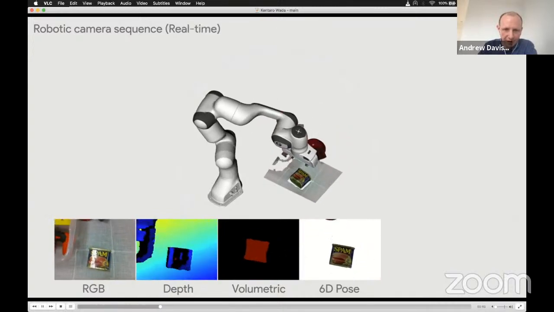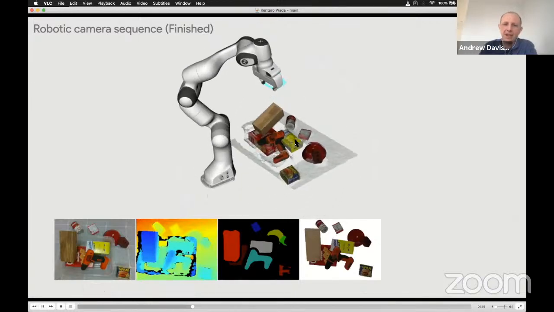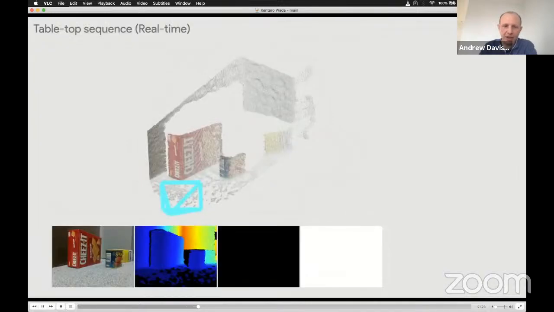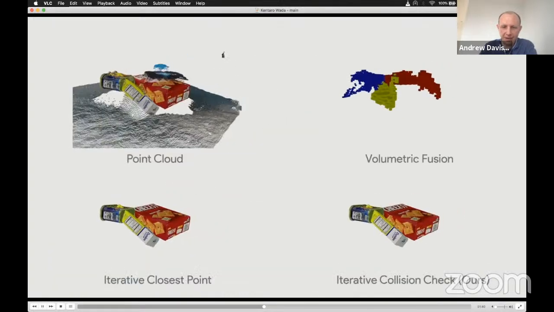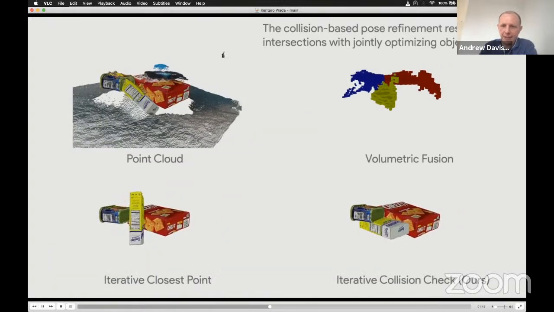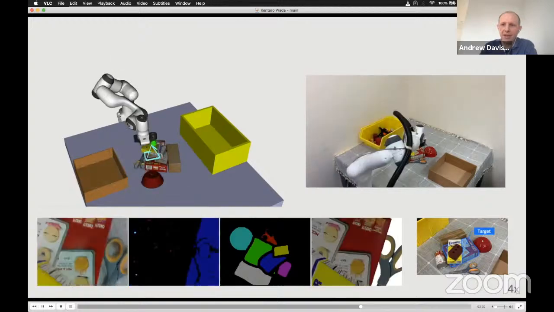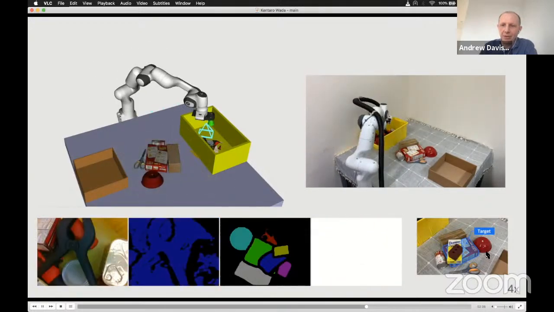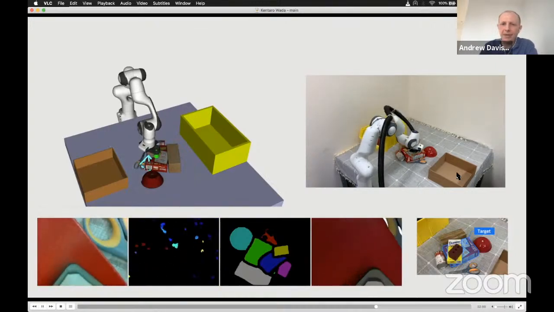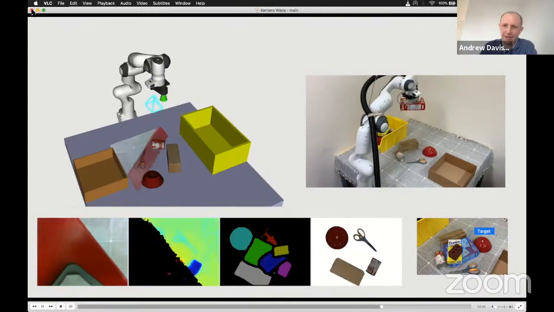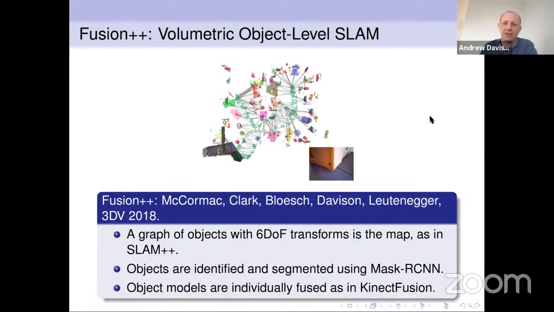I'll just skip forward a little bit here, but we build this nice representation, where even some of these objects are very largely occluded. So it would be very hard to estimate their positions if you were doing single object estimation. And then we can use that for robot manipulation. So we've got some demos here, which are rearrangement demos. We want to move this red box into this brown area here, but we have to remove some of the other objects first in order to do that. So that system is still assuming perfect knowledge of objects.